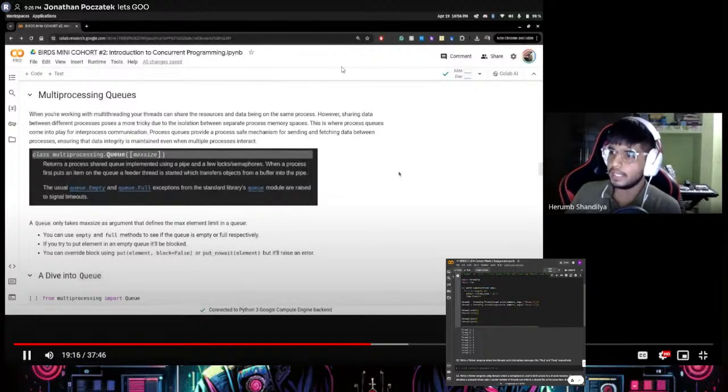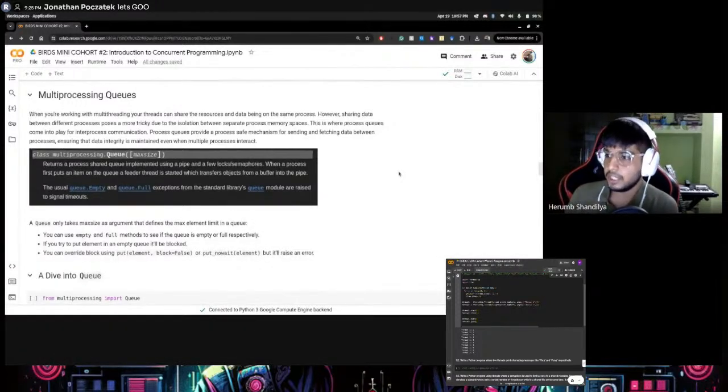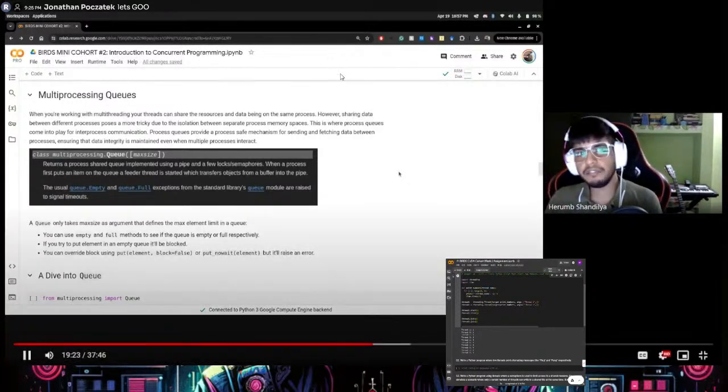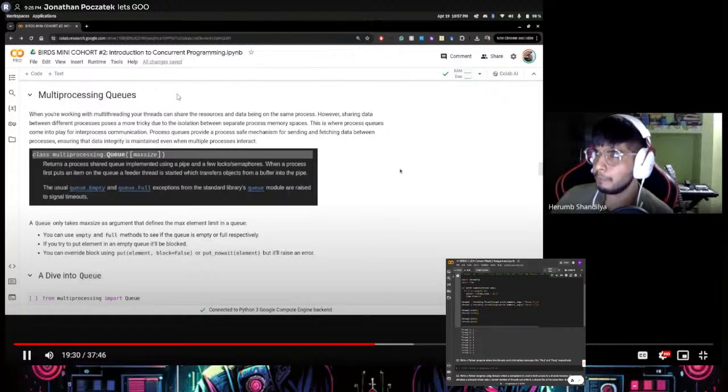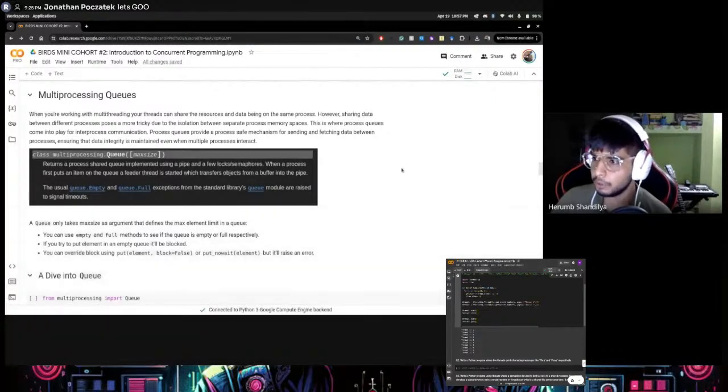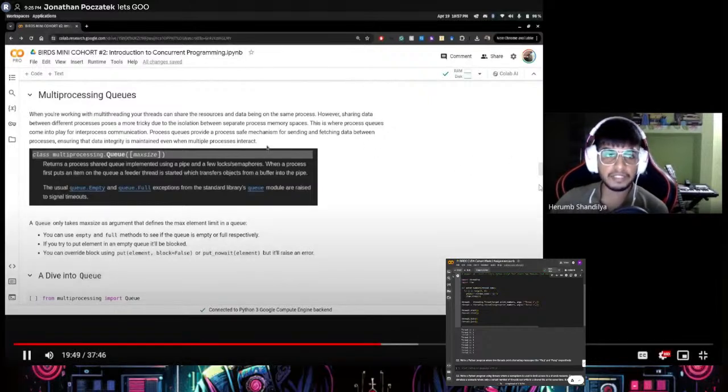Threads would share the data and the resources that run on the process. So everything amongst those threads is shared. But when you're working with, say, processes, which is much more relevant and probably more frequently used in Python to achieve true concurrency or parallelism, these things become a bit difficult. You can't actually share data amongst the processes directly, right? So to solve that issue, what we have is